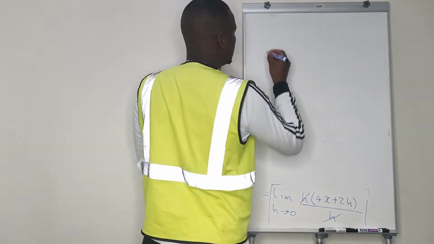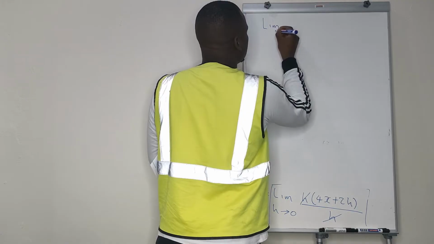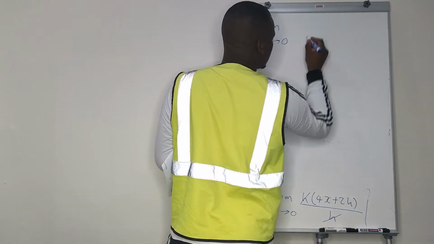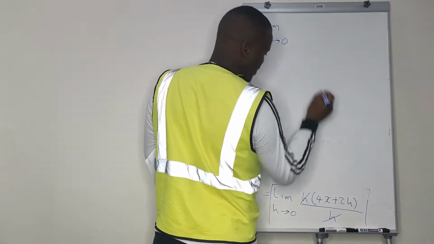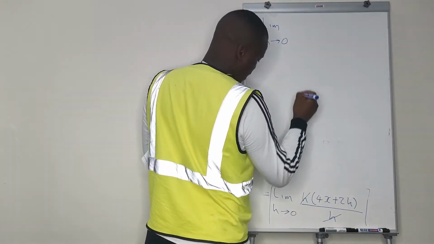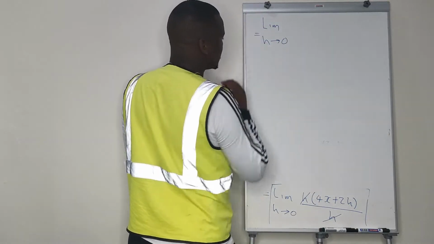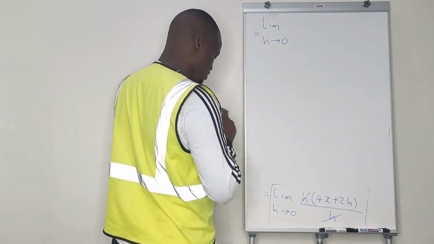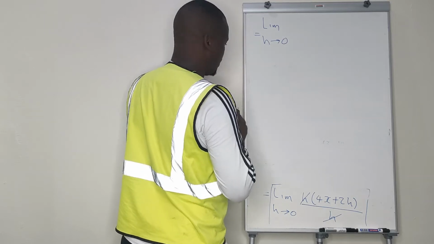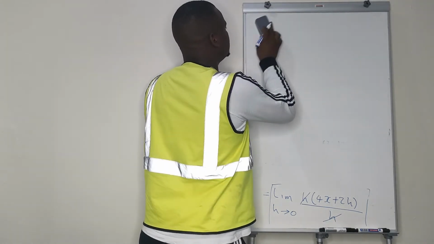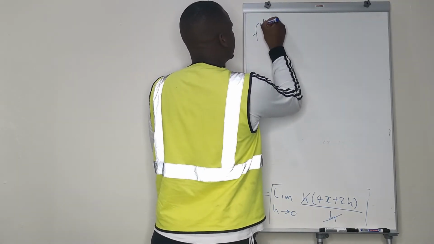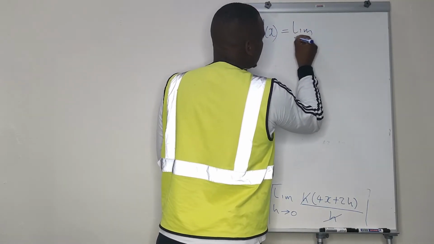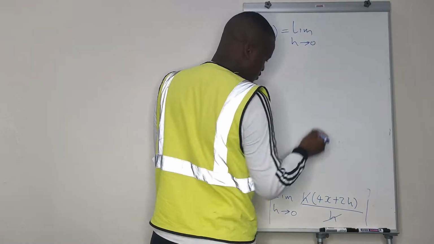So, limit as h approaches 0 of what? So what do we have here? We have this and this went out. We have, don't forget your equal sign. I've deleted it, so I'll say f prime at x is equal to the limit as h approaches 0